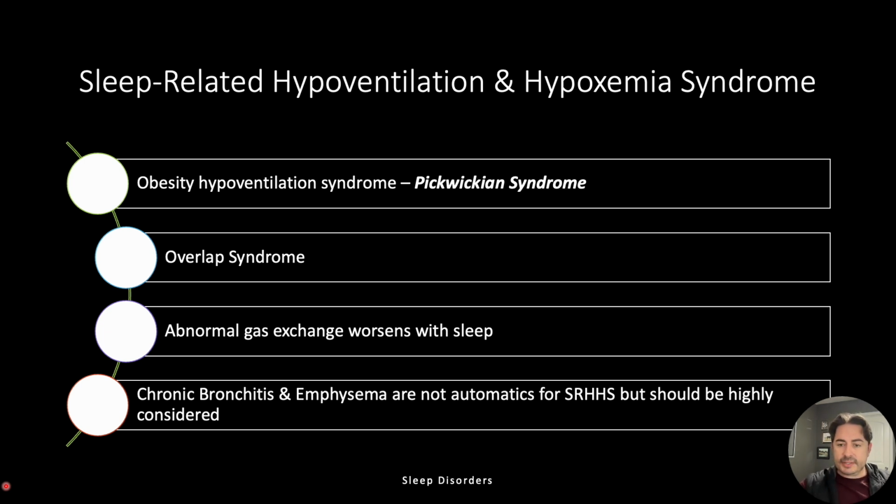And when you have COPD, or specifically emphysema and chronic bronchitis, these are known to cause hypoventilation that yields hypercapnia and hypoxemia during sleep. In these cases, the diagnosis of SRHHS should be considered. Unfortunately, the diagnosis of overlap is typically overlooked. So, in the critically ill or those that are hospitalized, we need to make sure that we're doing a good job of recognizing these things when we see them in the hospital, so that we can make recommendations to the providers to get these patients on